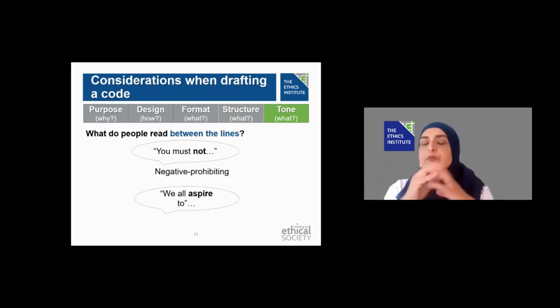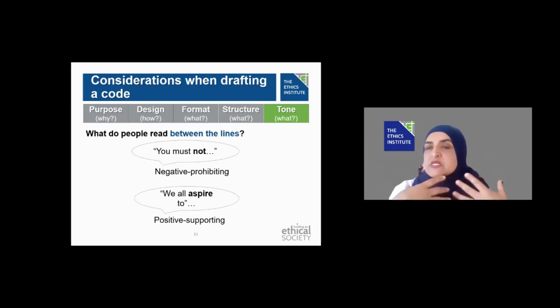It's negative. But when we are adopting an integrity mode, and our purpose is to contribute to building ethical culture, and our format and structure follow, our tone is more about who we are, what we are about. So our language is softer. We aspire to, and that's more positive and supporting.